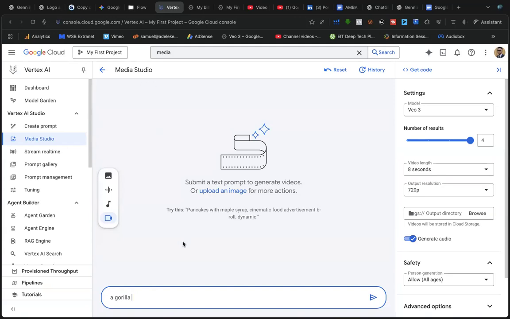Now, if you have an idea of something to generate, like anything that comes to your mind, just drop it in the chat. I'll copy and paste. But right now, I just want to generate anything, just to show you what's possible, right? So I'll say a gorilla saying, okay, generate a video of a gorilla